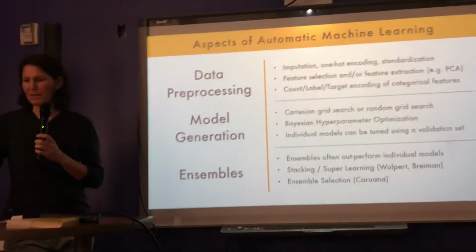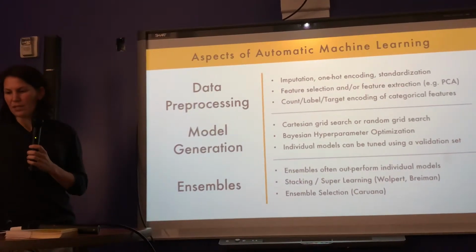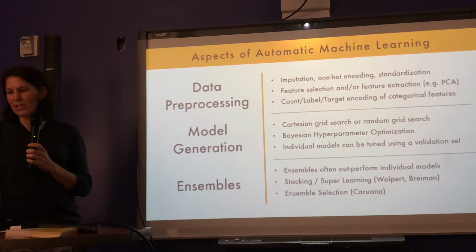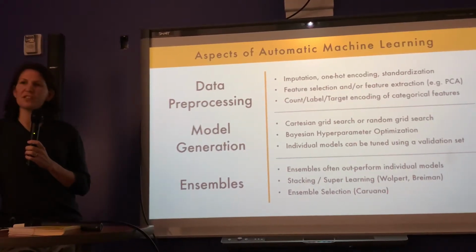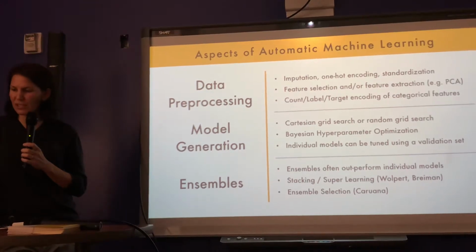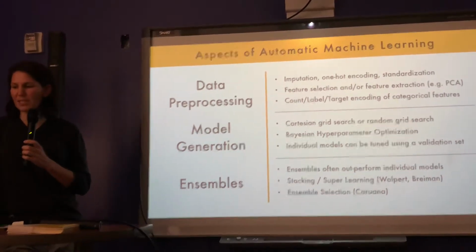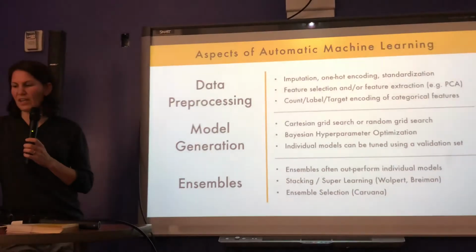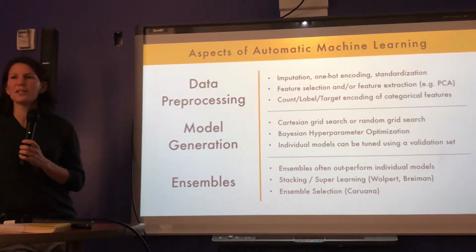Okay, so this is just a little bit more detail about what these terms mean. So for data preprocessing, I mentioned some of these things that we have already. But then there's things like feature selection or feature extraction. I would include that in data preprocessing. And then different types of encoding of categorical features is also a really important part to getting good performance out